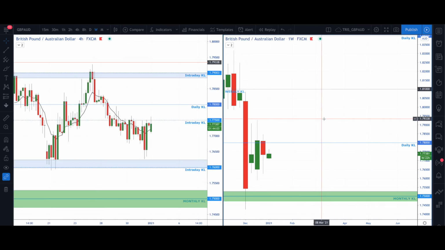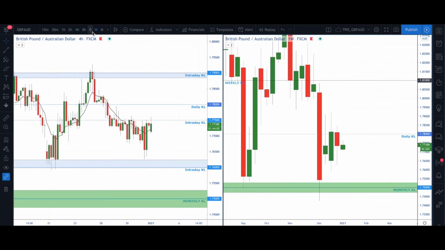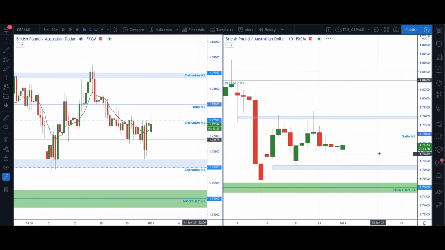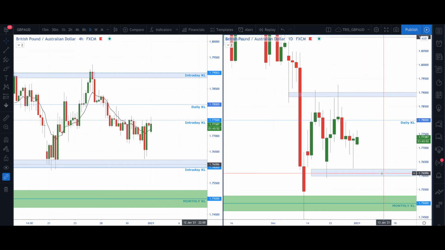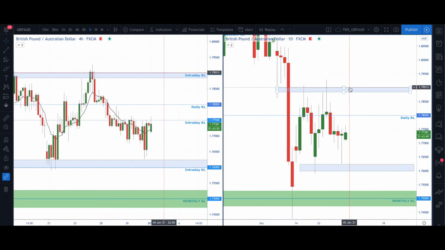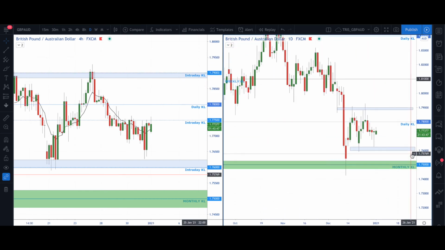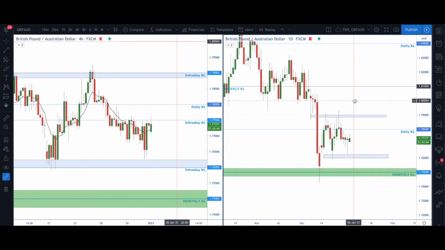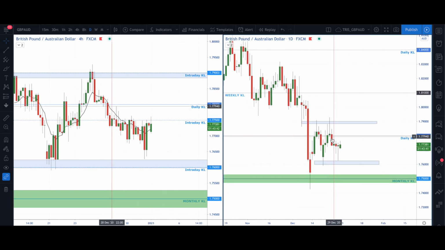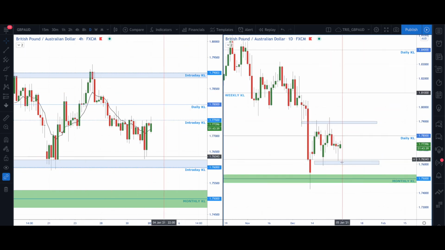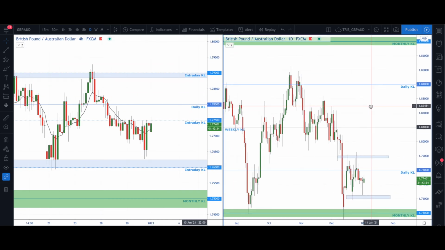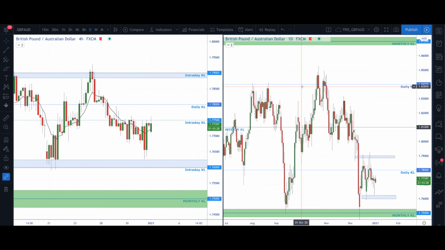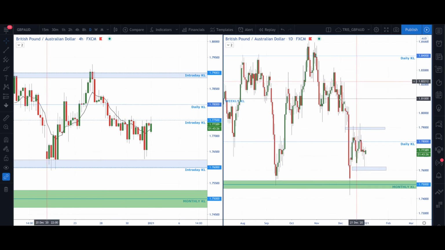As you can see on the daily chart, we are still consolidating between 179 and 176. So from a higher time frame, we are still above 175, so we can potentially see another push up, another retrace to form a lower high in this overall daily downtrend. As you can see, price has made lower highs, lower lows,